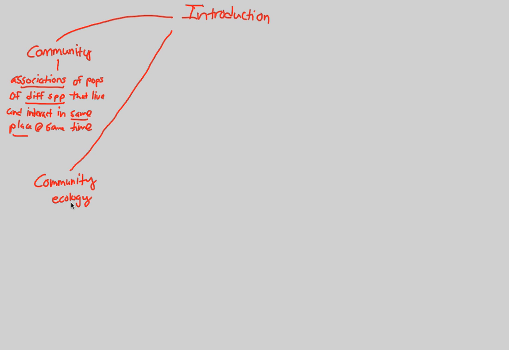Of course, because ecology is here, we have to immediately say that any study of ecology is going to be a study of interaction. That's first and foremost. We're always looking at interactions, living, non-living. Different populations of different species are going to be interacting, and thus it is an ecological study. In addition, we have to establish a bit of a different goal. What is the goal of a community ecologist? The goal is simple. We have to identify